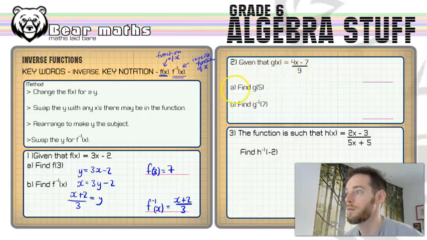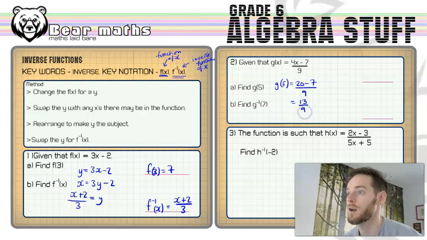So let's do the first bit, which is find g of 5. Substitute a 5 in for where the x is, right? So g of 5 is equal to 4 times 5, which is 20, take away 7 over 9, right? And then the only thing we can do there is take away the 7 from the 20, which gives us